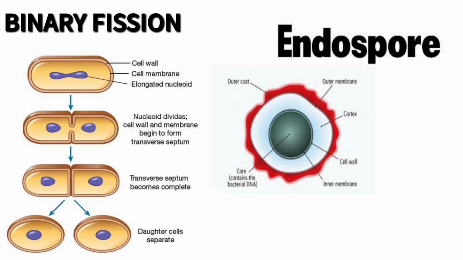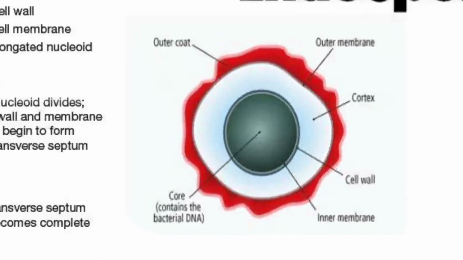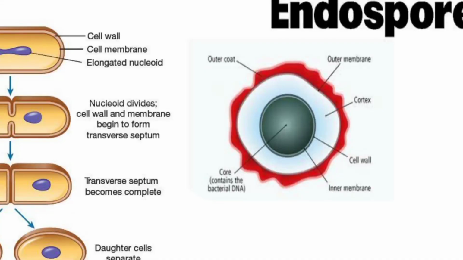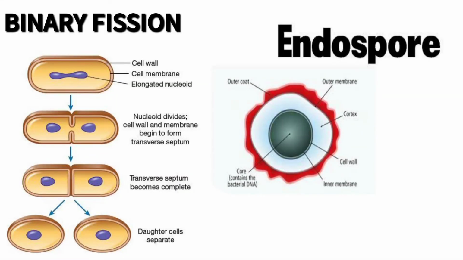When you see endospore formation, it occurs only in unfavorable conditions. When the condition is not suitable for the particular bacteria, the bacteria will develop a very thick wall outside it. You can see that very thick outer membrane. Inside the core, the bacterial DNA will be safely protected, surrounded by a very hard outer covering, and this structure we call an endospore. Later, when the conditions become favorable, this will burst out and result in a new one. So that is endospore formation. It occurs only in unfavorable conditions, and it is also a type of asexual method.